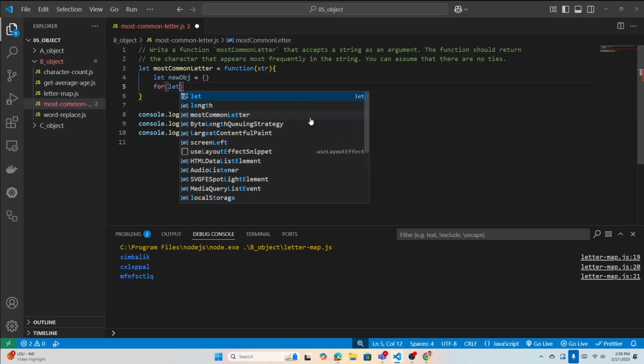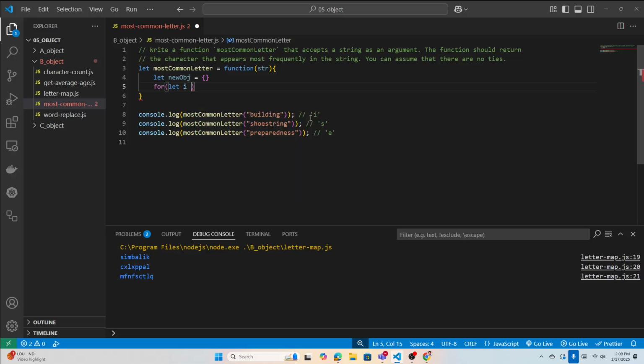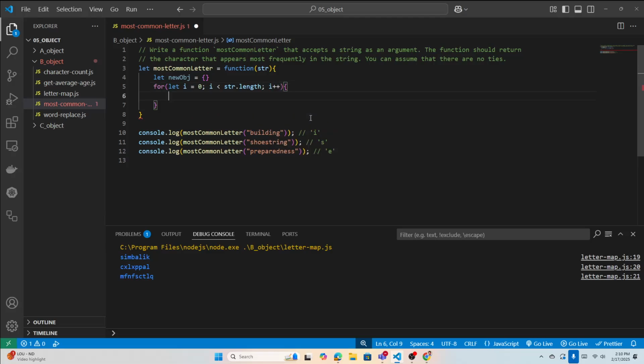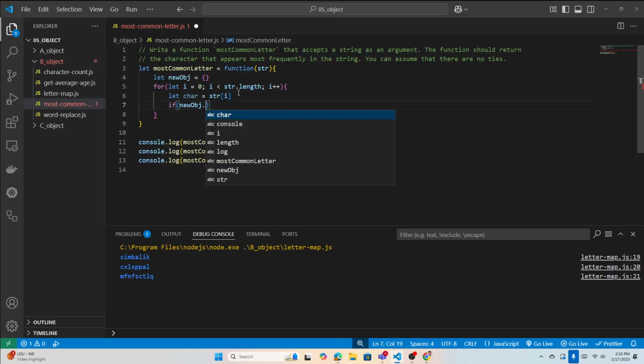So let i equal to 0, i is less than str.length, i plus plus. And then again the same thing: let character equal to str[i]. I got the character. I will check if it's already inside here or not. So what is that? If this newObject.hasOwnProperty,